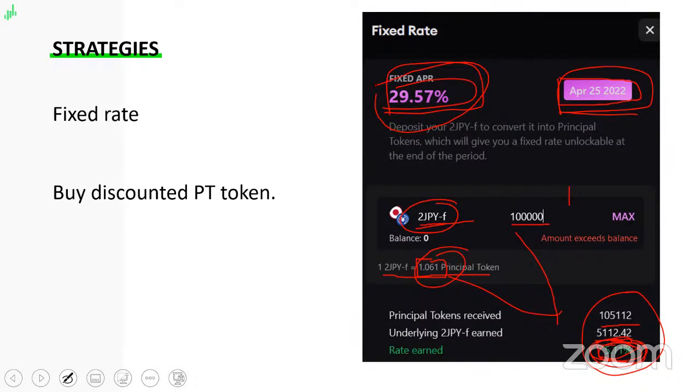So I hope it was clear. I know that it's a bit complicated at first, but when you think about it, it's easy. You just have to always remember what it is all about. APWine allows you to sell your yield upfront, but by doing that, first they will lock your principal token, and it's what I explained before.